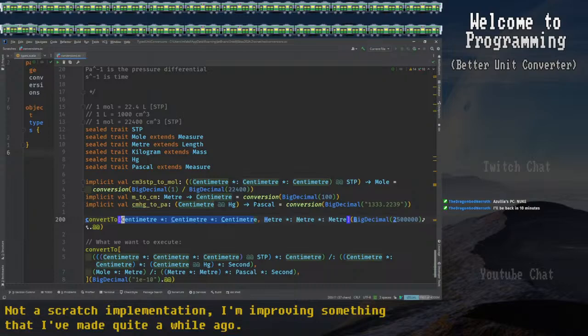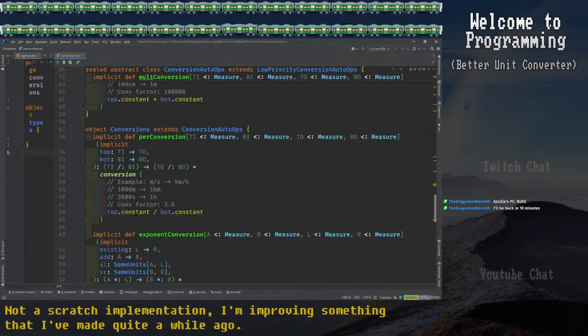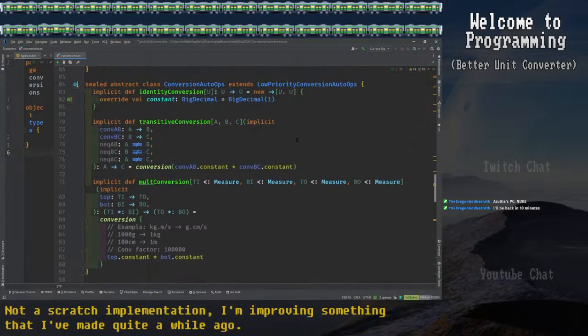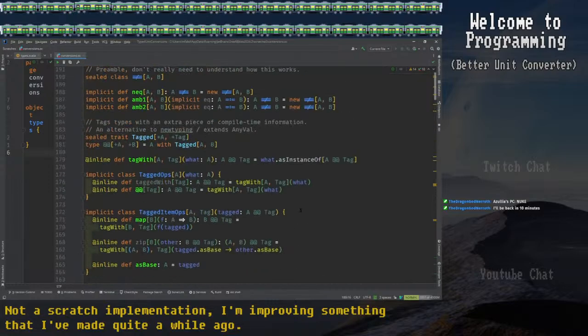And then we also made the system smart enough so if it's got a conversion from A to B and B to C, it should be able to automatically derive a conversion from A to C. I kind of rushed this implementation because initially I only needed a very basic implementation for a thing I was making. And then I showed it somewhere, and they were like, hey, could you try converting these ridiculously complicated